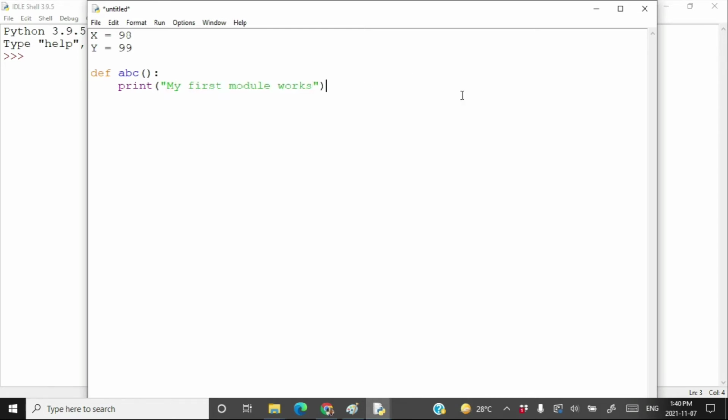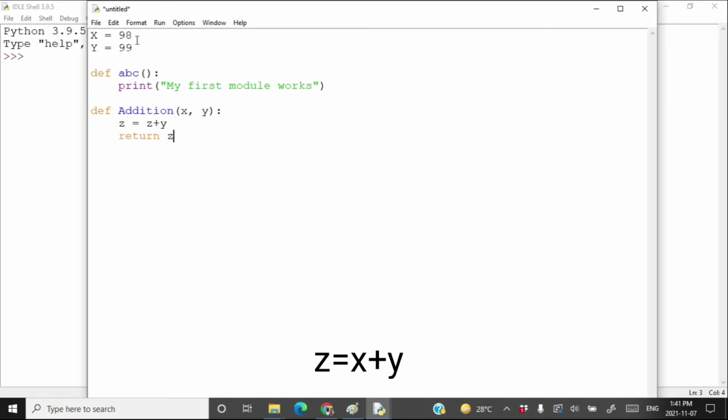Let me create one more function here in this module, def addition. In the function addition, I want to pass two variables x comma y, and then write z is equal to x plus y, return z. So this is my module which I have to save.